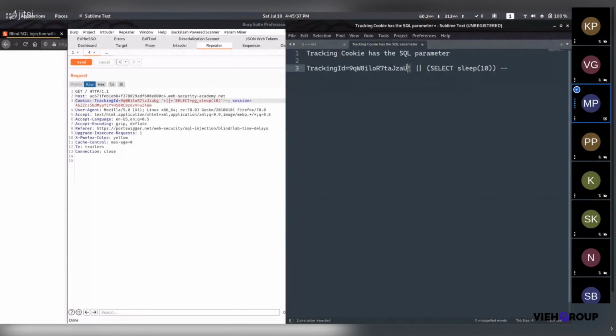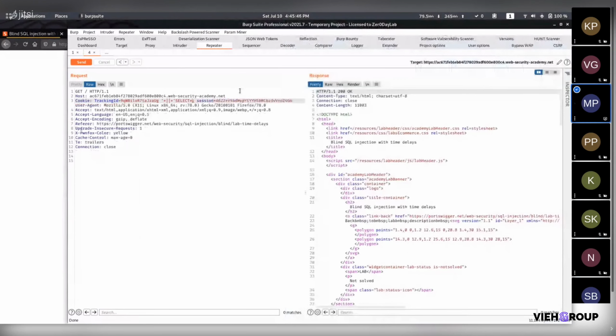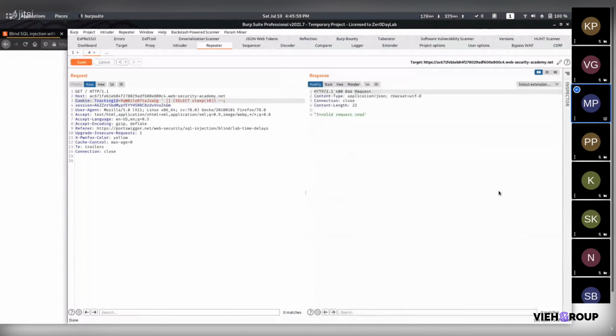We are ending this query by quotation, and then we are concatenating our query, and adding brackets will execute this query. So let us try this. If it does not work, then we will try with the MySQL query, because I think we left it. And let's see. Bad request.